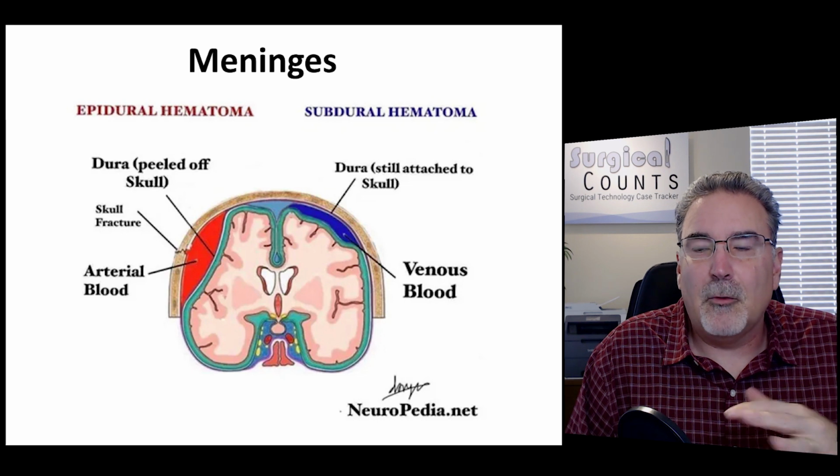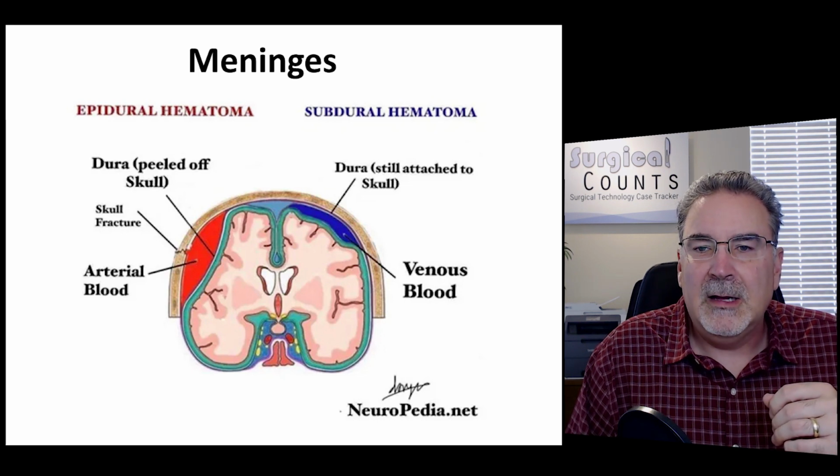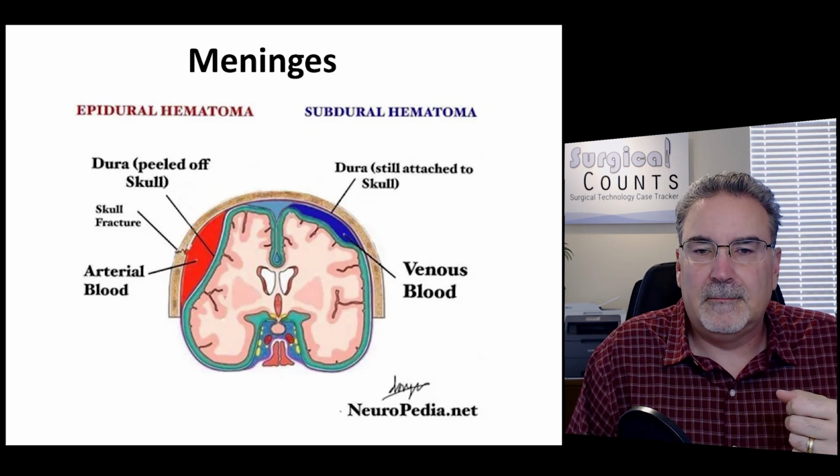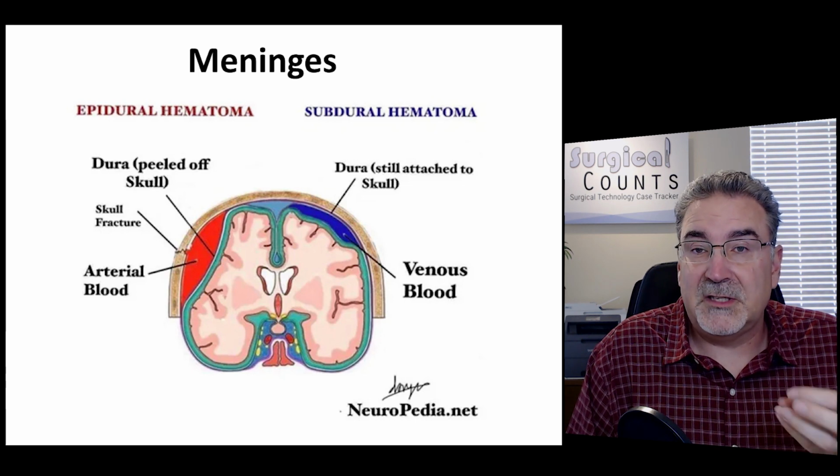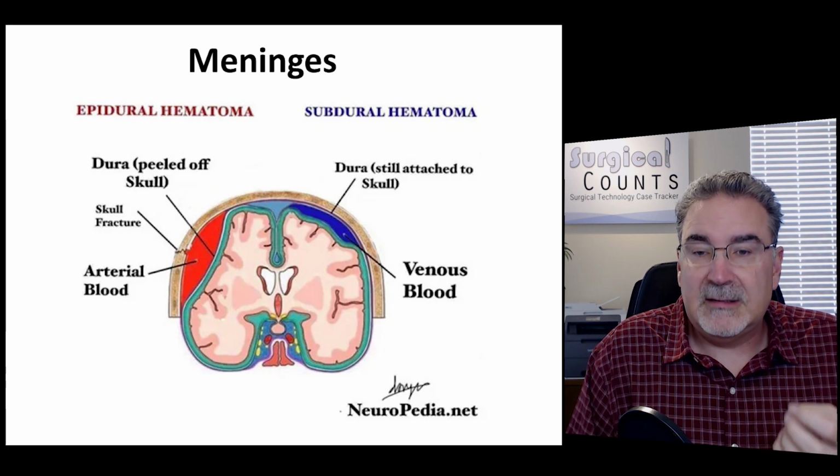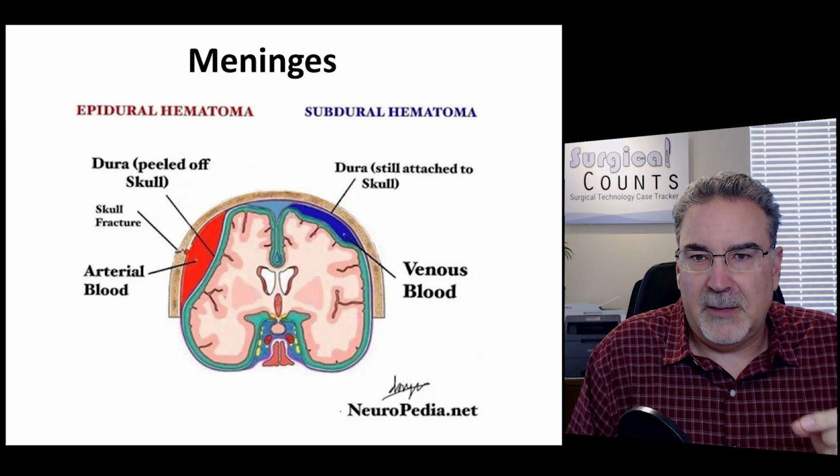And you can have bleeding in the arachnoid mater, that webby area as well, and that would be an arachnoid hematoma. Now, of those, one of them is much more serious, much more emergent. It is more of an emergency than the others. That is the epidural hematoma, because